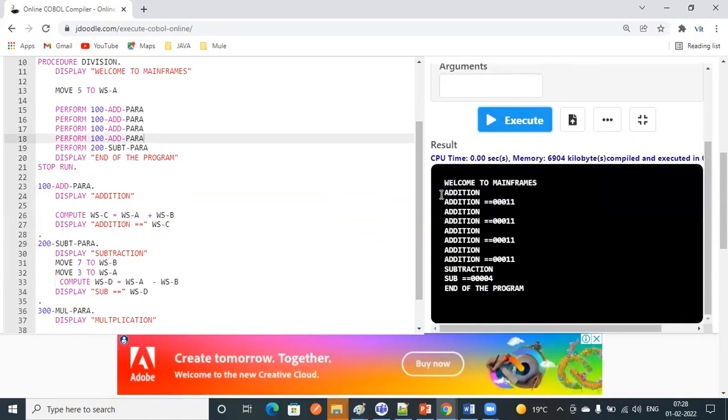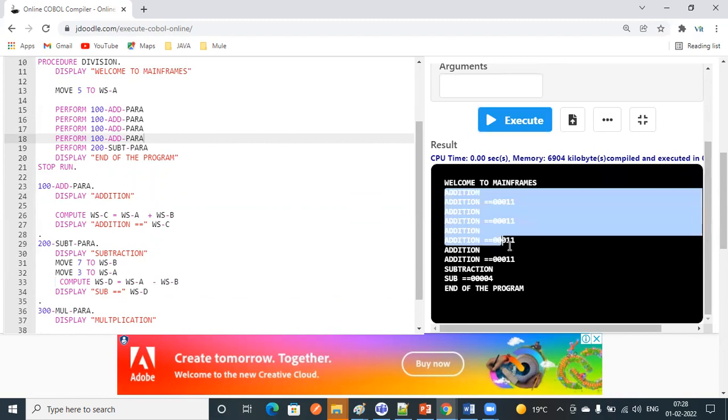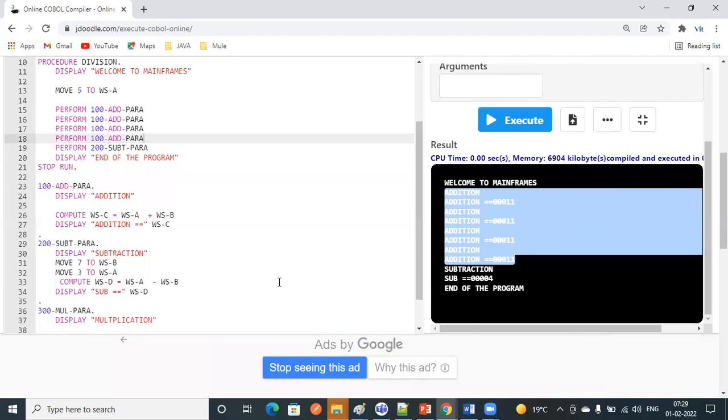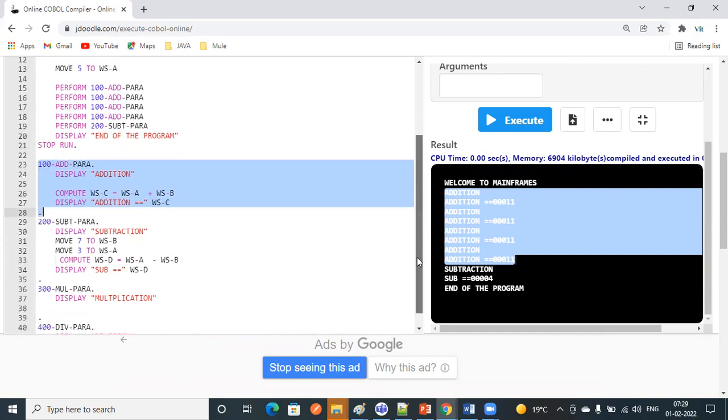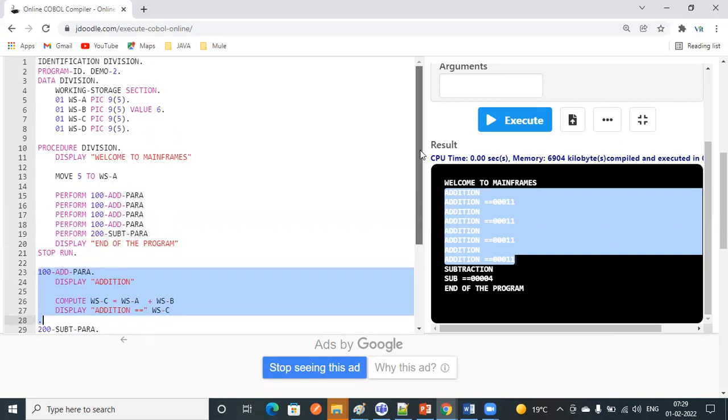See, addition 11, 11, 11, 11. This is the use of paragraphs. Paragraphs can start with a verb, an English verb, and a number, whatever it is. So this is how we can declare the paragraphs.